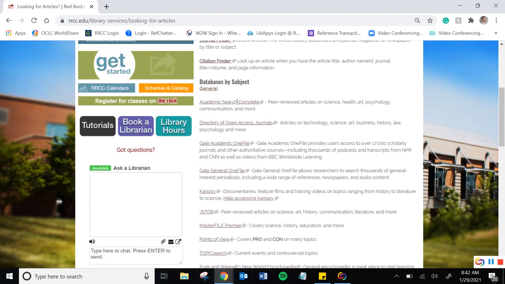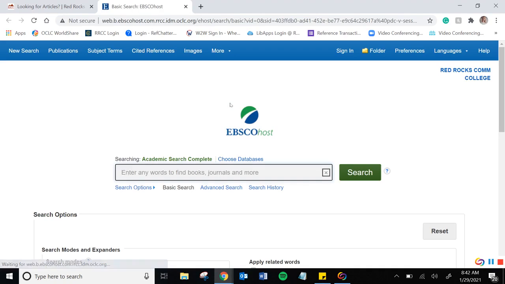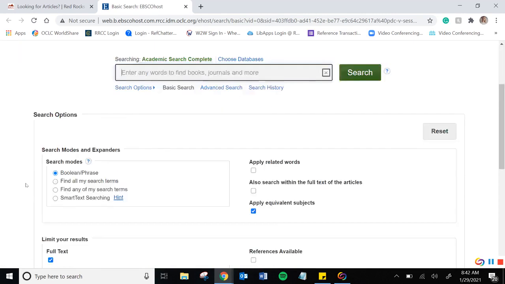So right here is Academic Search Complete. This is a really great database when you're just starting out. And again, Academic Search Complete is owned by EBSCOhost, so this is what that looks like. They all look pretty much the same, which is great for you guys. So you are already comfortable with this interface and you're able to search within it